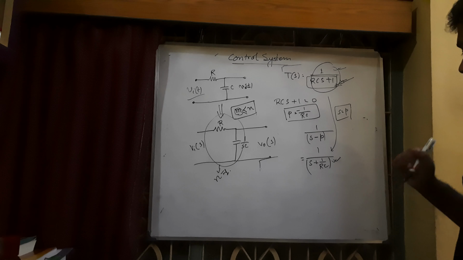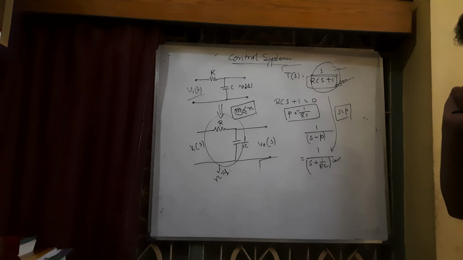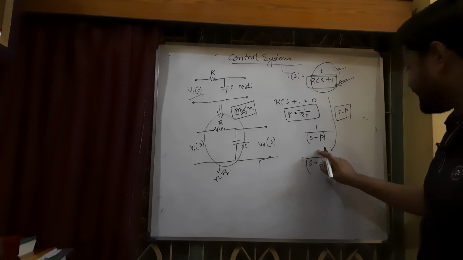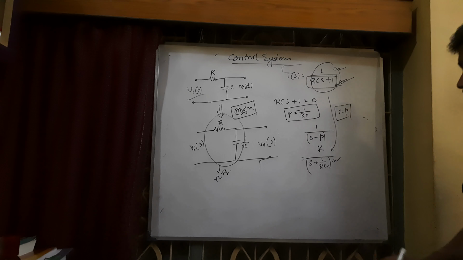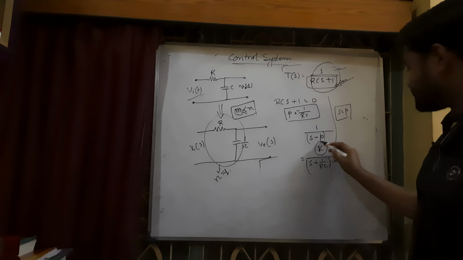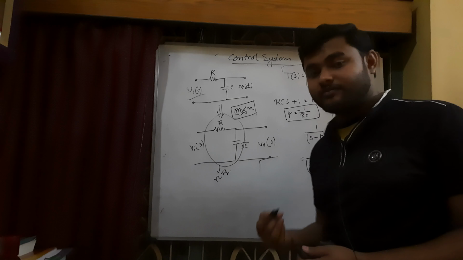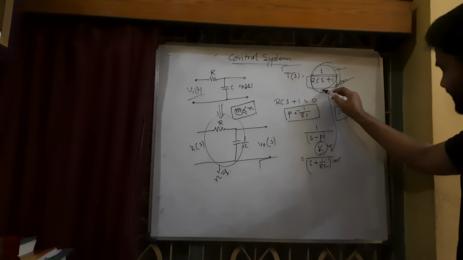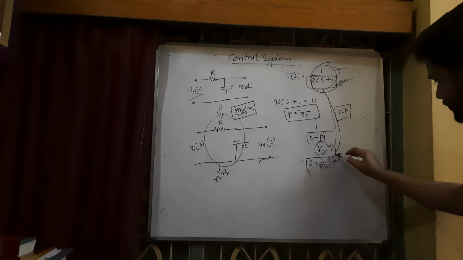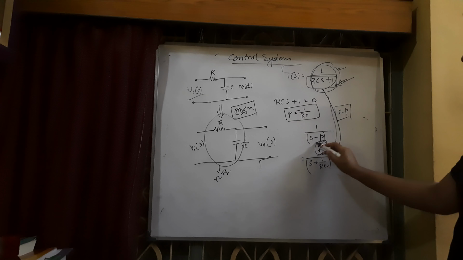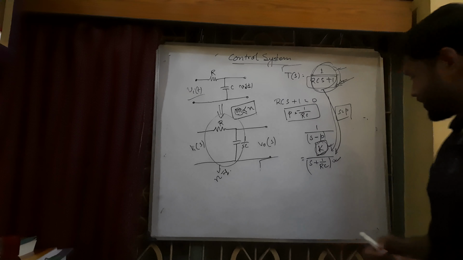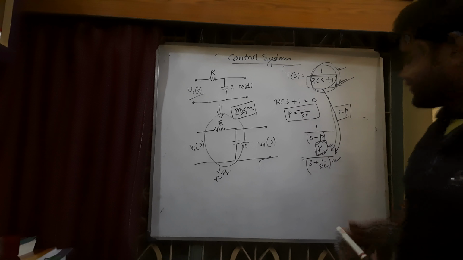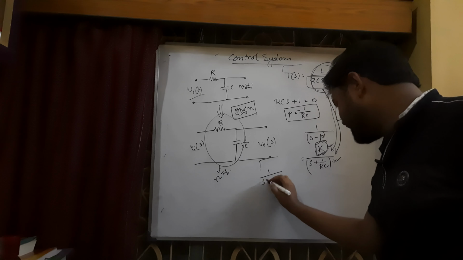Now again, one more thing. I have made a bit of a mistake. There must be a K. This will no longer be 1, right? The K value will be added, as in the general form we use this term. So what will be the value of K? By manipulating this mathematical expression, we will arrive at this expression and we will see what the value of K is. We can easily see, and then we can go to another form, that is